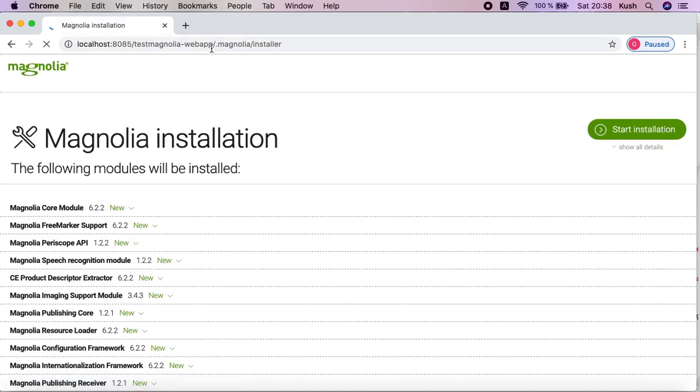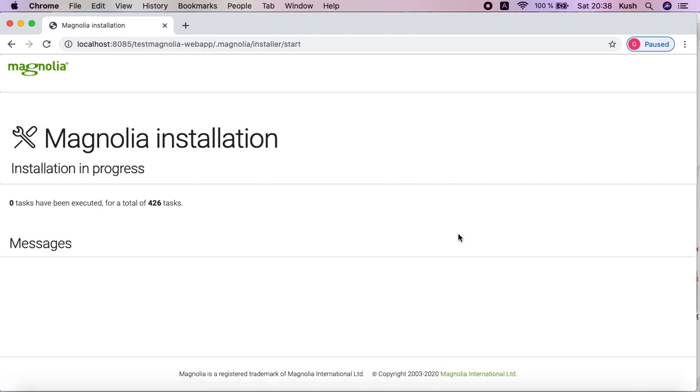So you can see the first screen, it's a first time screen. Once you install all the module of Magnolia, then this screen will not come, and it will directly move to the login screen. So this is the first time, so I will click this, and here you can also see it is started that installation of different modules.